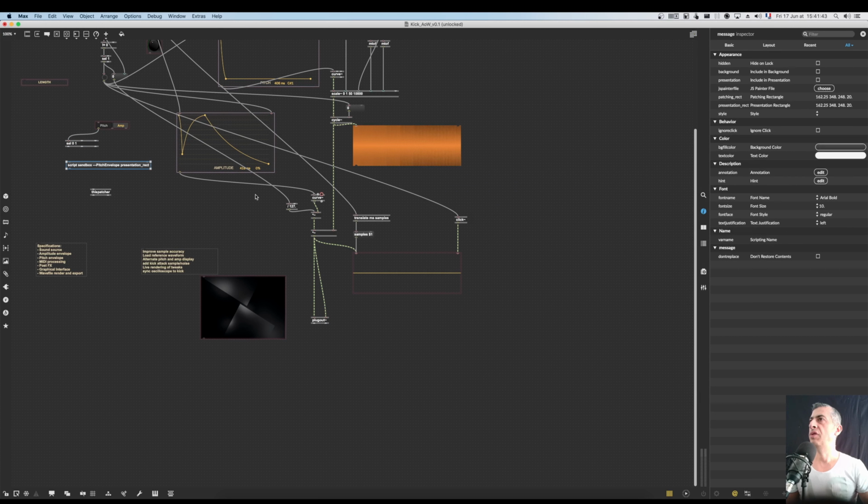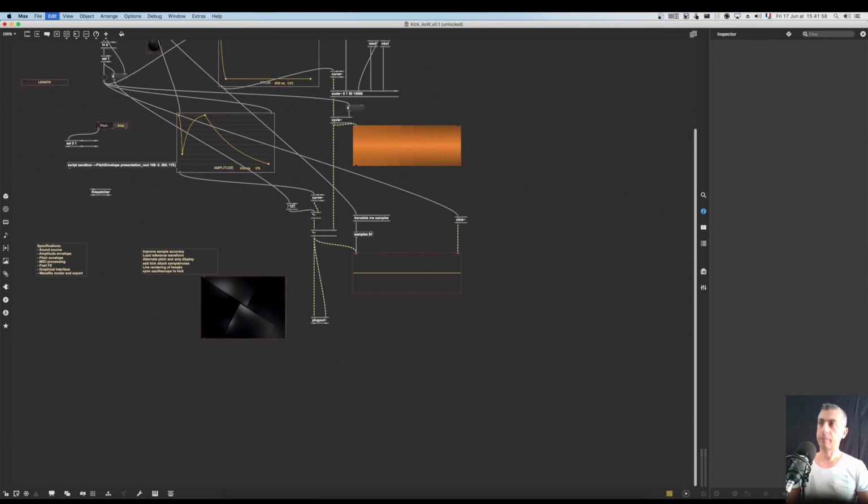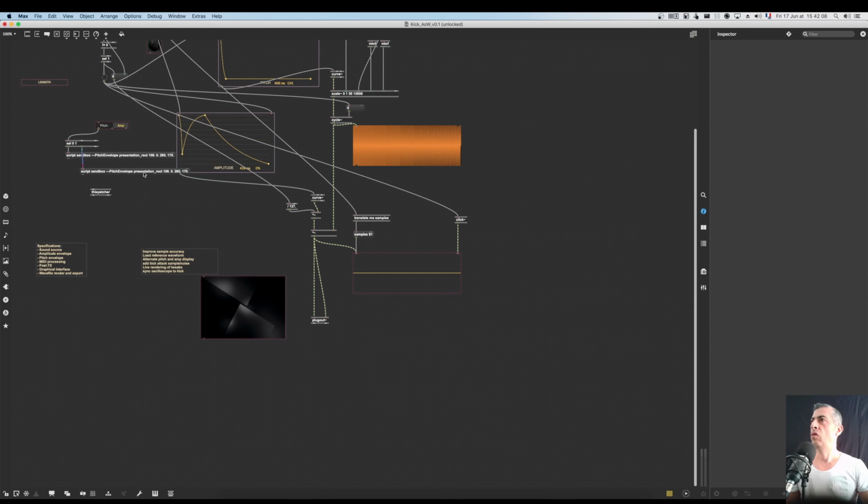So the presentation rectangle I'm gonna send will be, okay, I think that's the pitch, yeah, this value. So that's the set of values that we have here. But when I want to show the amp envelope, instead I want to push that aside. So for example, I'm going to put it at 200